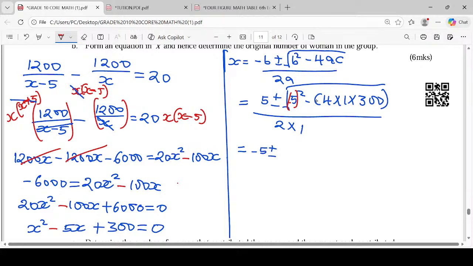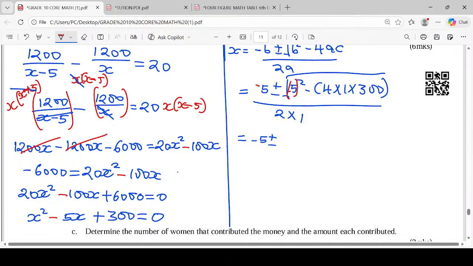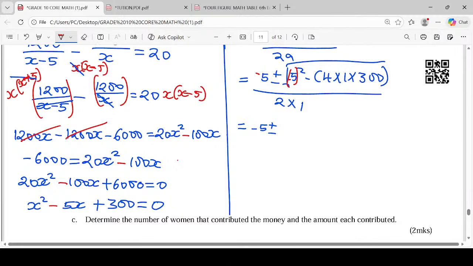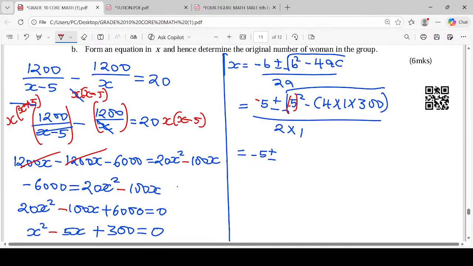But now, this one here will be negative 5 squared minus 4 times a, which is 1, times c, which is 300. Will this one fix what I want? Let me see. So this one will be negative that minus this plus 600 is equals that. Will it fix whatever I'm thinking of? Let me see how I open these brackets. This was 20x squared minus 100x. So plus that. So that is x squared minus that plus that. Minus b plus or minus the root of b squared, which is negative 5 squared plus minus 4 times a times c. So that will be